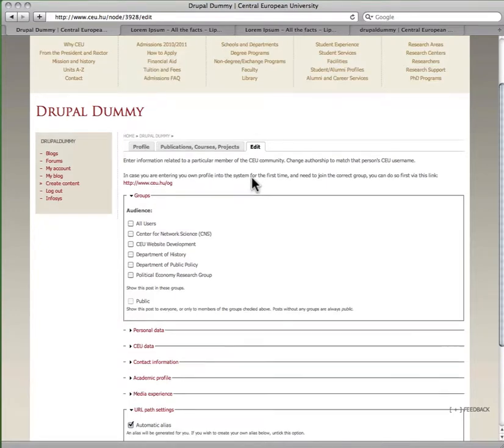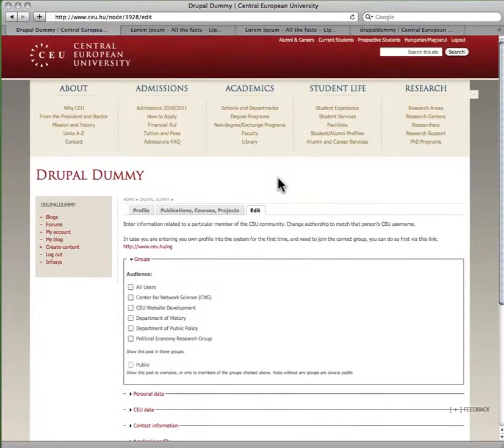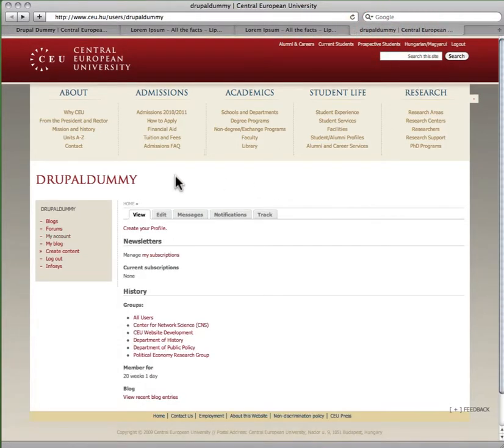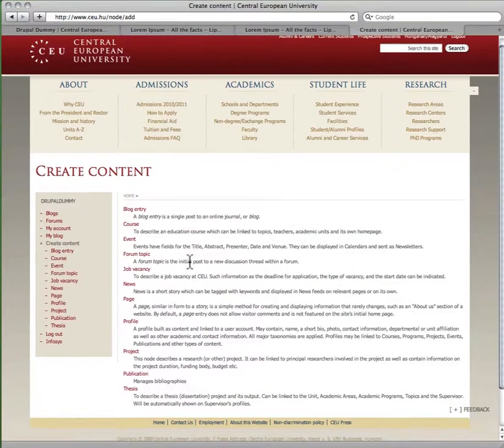There might be a chance that you are editing or adding the profile of another user. If you happen to be, for example, a staff or faculty member entering a profile of another faculty member, there's just one alternate step. So again, you log in to your account as usual. Once you log in, you will notice this Create Content in your own personal navigation box here. You hit Create Content, hit Create Profile,